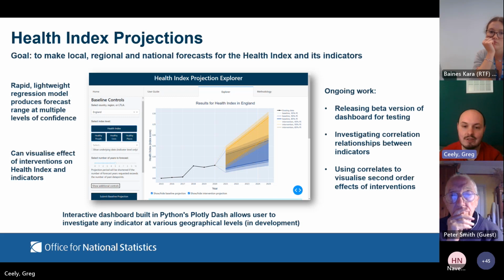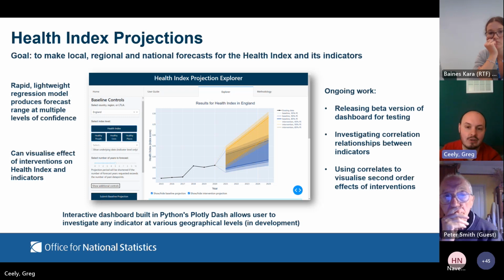This aims to show the trajectory an aspect of health might have into the future, both in the absence of intervention and if there were a simple intervention as determined by the user. Similar to the Health Index itself, we've developed this tool with an expert advisory group, including epidemiology modelers at Newcastle University, OHID's modelling team, ONS's population projections team, and data ethics experts.